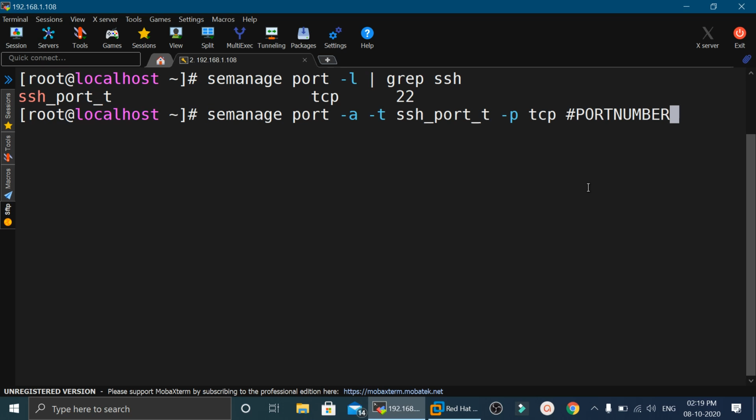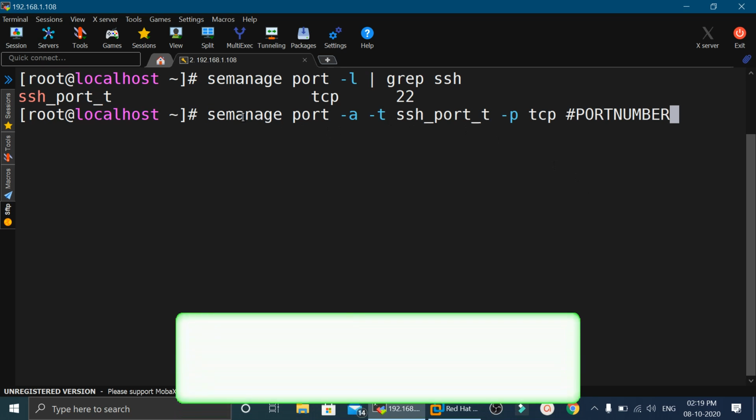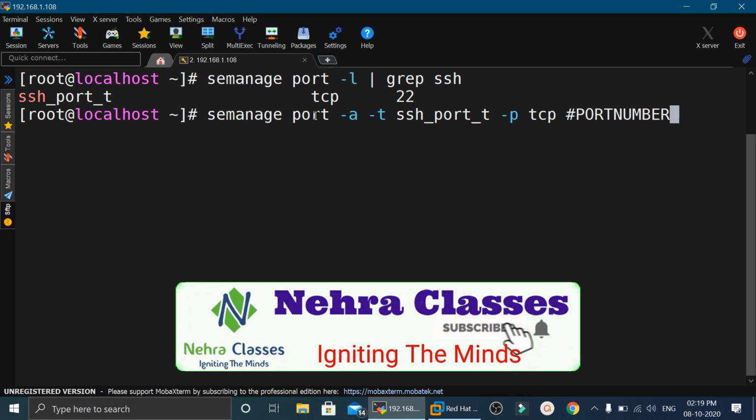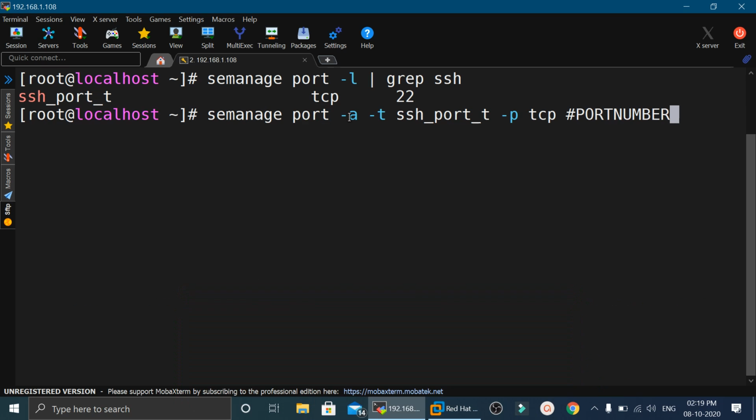Now we will have to define the new port for doing SSH in the policies of SELinux, and for that we will execute the semanage command, semanage port. Then we will use option -a to add the port, then -t for the type of port, and then we will define the port type, that is ssh_port_t. Then we will use option -p for the protocol, and we will mention whether it is a TCP port or a UDP port. Because it is a TCP port, we will mention tcp here, and then we will define the port number that we will use for doing SSH.